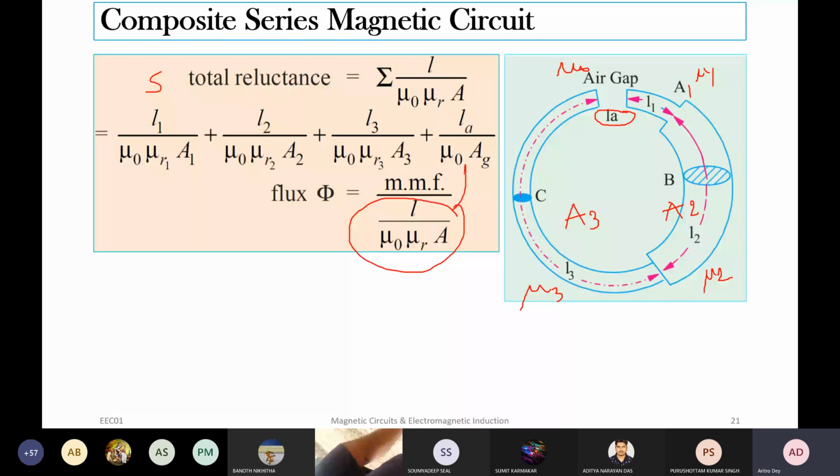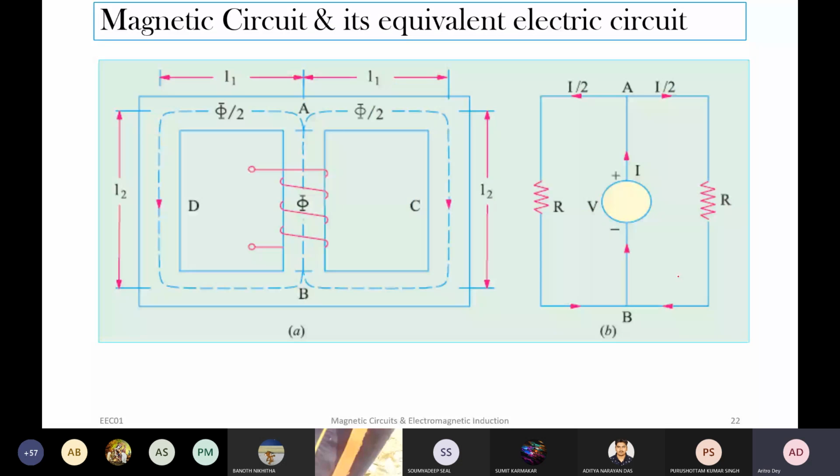If you have a magnetic circuit which looks like this, say you have a magnetic core, it is called a shell type transformer core. It is used usually in transformers. There is a primary and over that a secondary coil, and flux lines will be produced like this. So in the case of a shell type transformer, we get this kind of magnetic material.